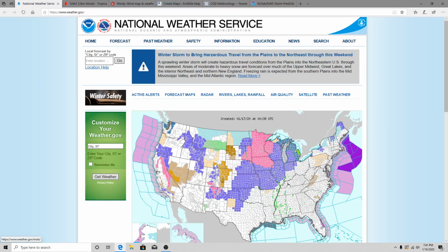Hello everyone, Storm11 here. Today we'll be taking a look into the major winter storm Jacob forecast here. This will be my final snowfall forecast, but first we're going to take a look into the watch warning map,